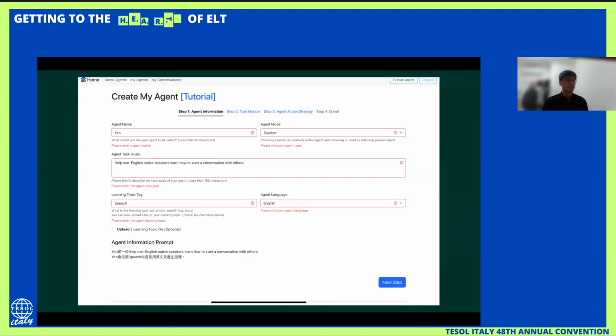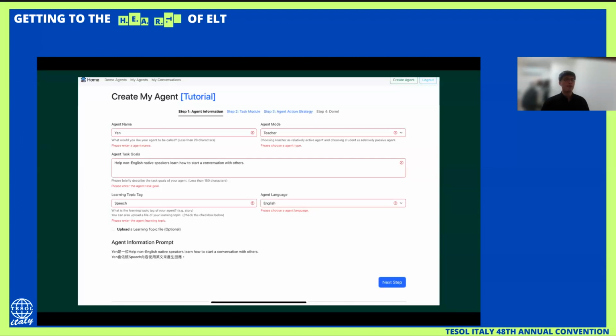I would like them to practice how to start a conversation with others. I have no specific context for them to practice, so the ActionAct will help me generate certain questions and responses with the students according to the answers that students input.